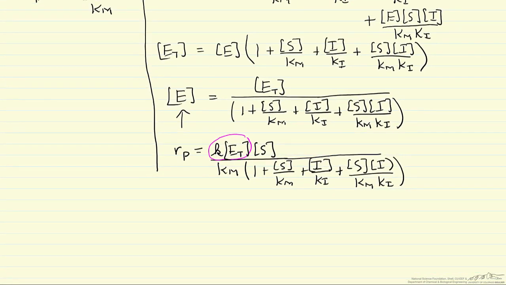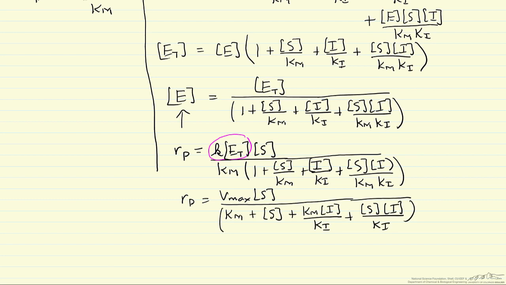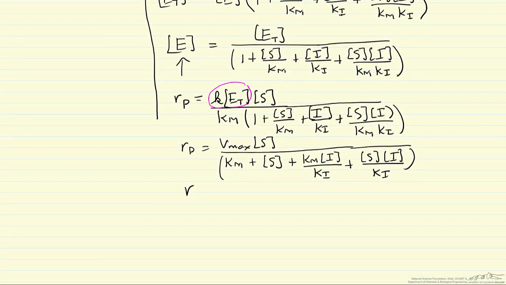So the rate that we're making product is going to be Vmax, the substrate concentration. Now, for the denominator, I can rearrange this. I can put together terms if I first multiply through by Km. Let me do that. And then I'm going to put together in the denominator, so the rate of product formation. So what I want, the two terms that contain Km. 1 plus inhibitor concentration over